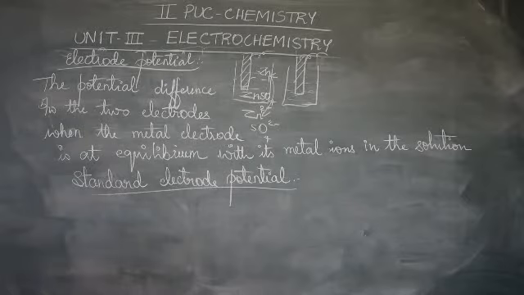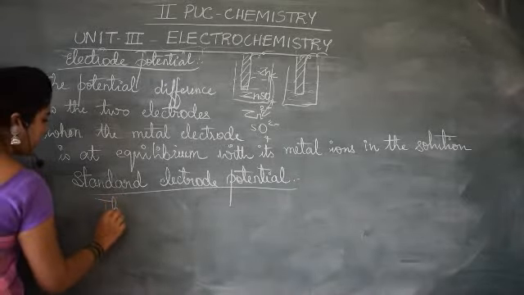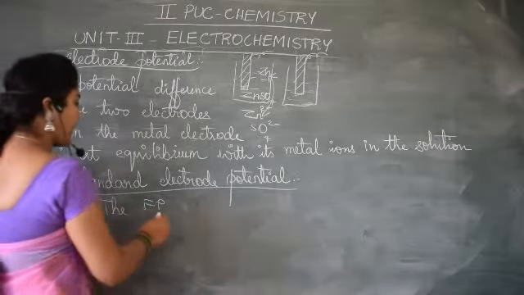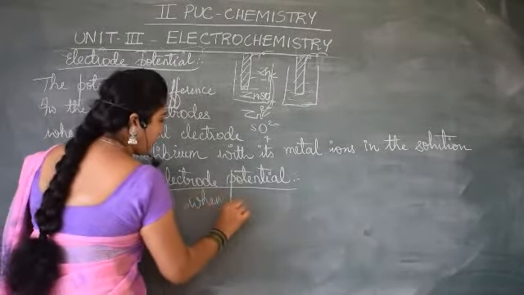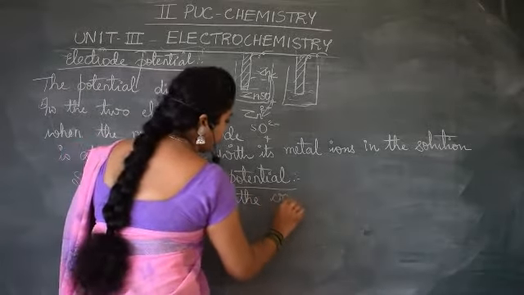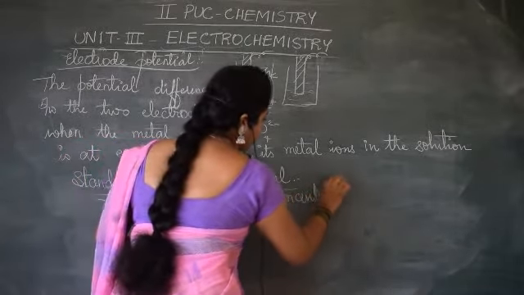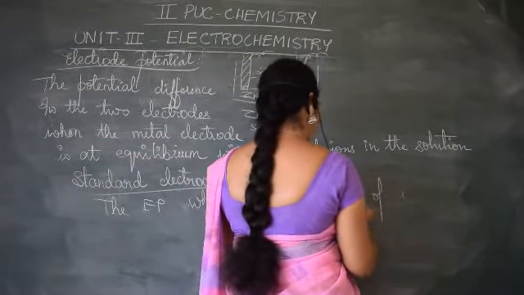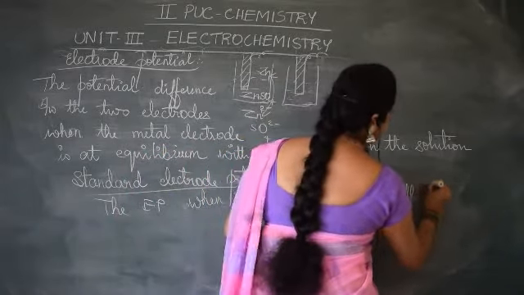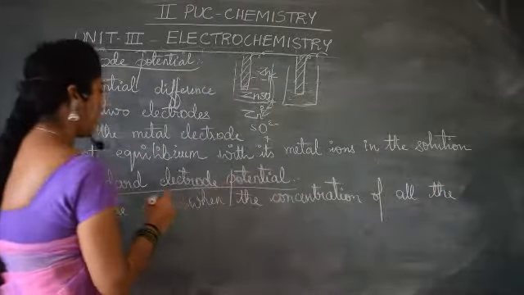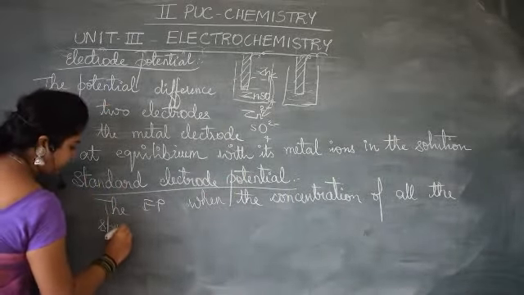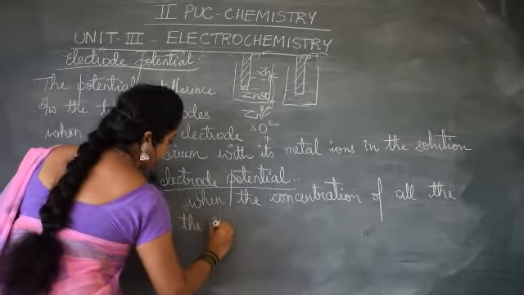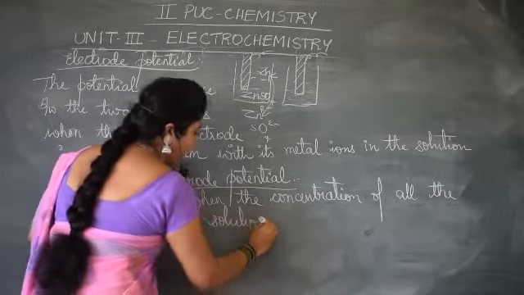You can define it as the electrode potential. I'll write it as EP. Please write it completely. The electrode potential when the concentration of all species, the species in the solution, is unity